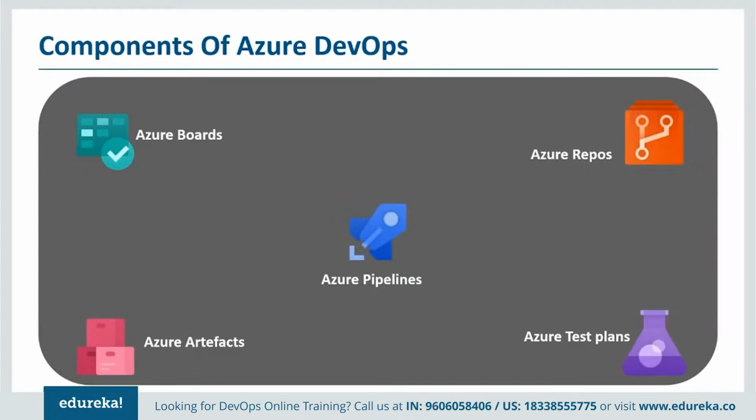Let's say you have deployed a web service. So if you have deployed a web service, you would want to test if it's behaving correctly. Or if, let's say, you have deployed a web application, you want to check if everything is looking fine in that web app or not. So there you can run manual test cases, automated test cases. You can even do the exploratory testing. All that stuff can be done as part of the Azure Test Plans.